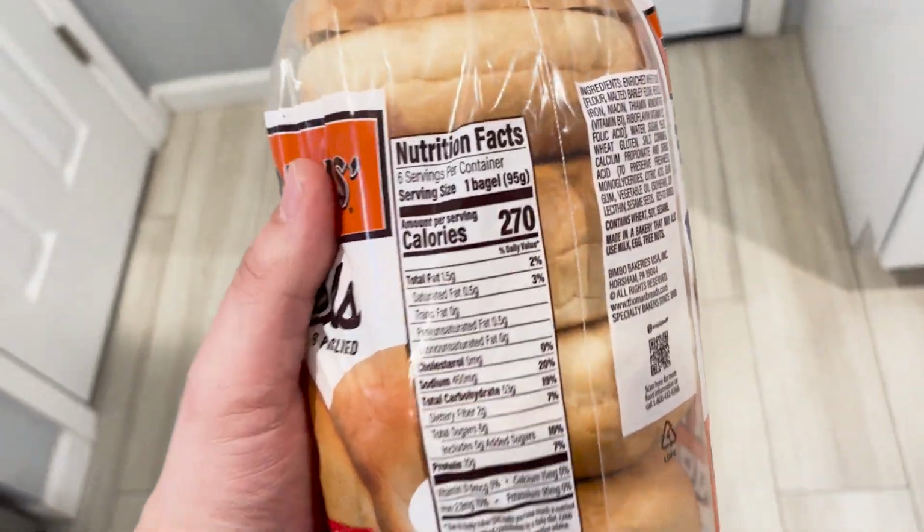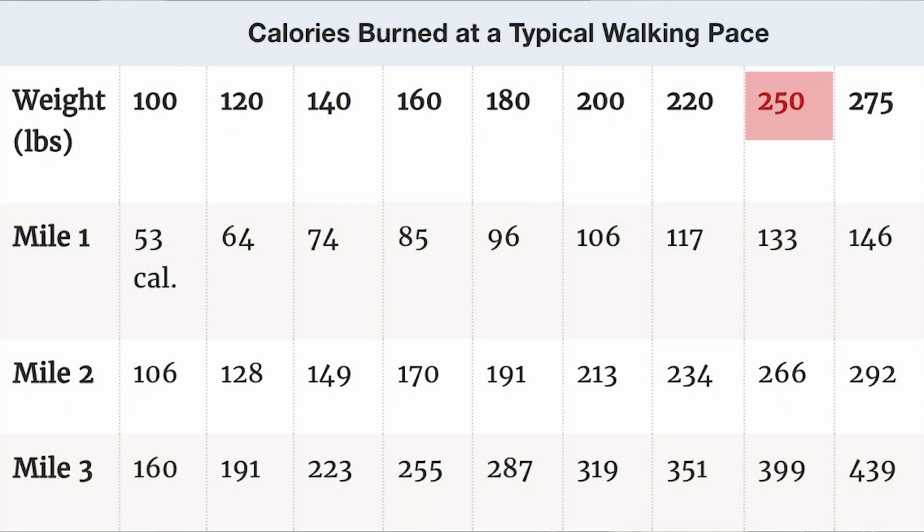This bagel has 270 calories in it. I weigh about 255 pounds. We're gonna round that down to 250, not because I need to feel good about myself, but so that we can use this here chart, which will show that it's estimated that I burn about 133 calories per mile, assuming I'm walking at a leisurely rate of like 2.5 miles per hour. For this discussion, we're gonna be ignoring any calories burned through my resting metabolic rate, which is what your body is just burning to be alive. So if I burn about 133 calories per mile if I'm walking, then a bagel would give me about 2.03